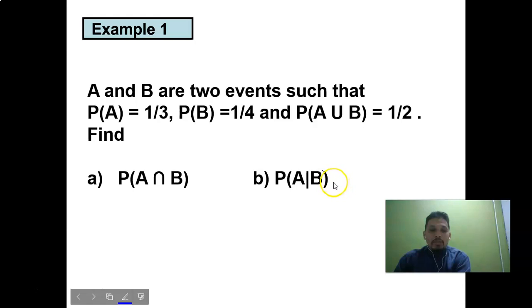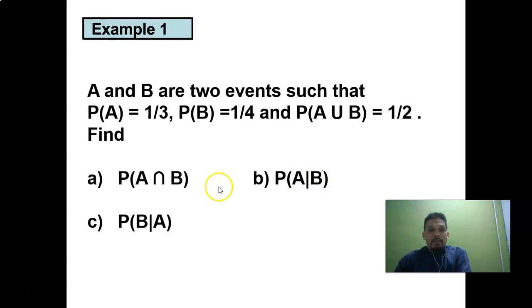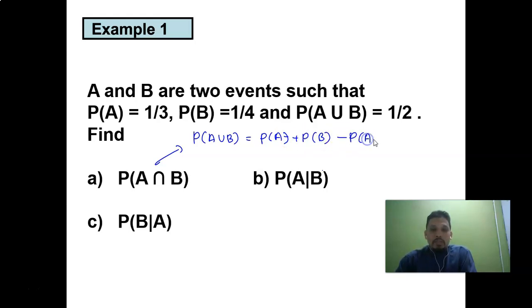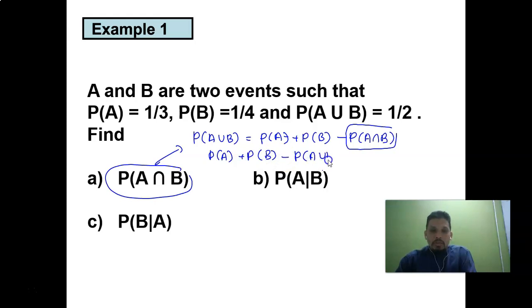So find probability of A intersect B and also probability of A given B. Okay, so for this one here, probability of A union B is probability of A plus probability of B minus probability of A intersect B. Then bring these two to the left side and times with negative, so it gives you probability of A plus probability of B minus probability of A union B